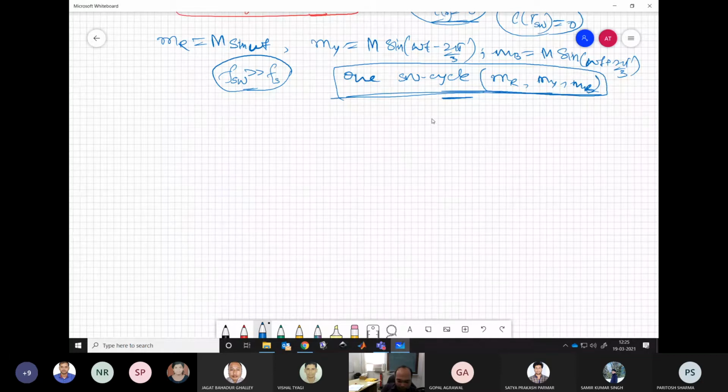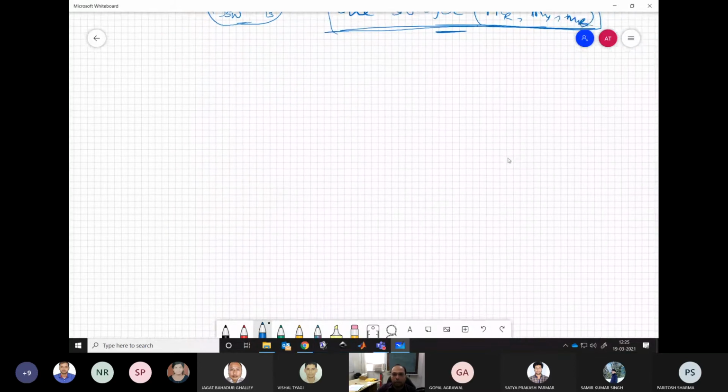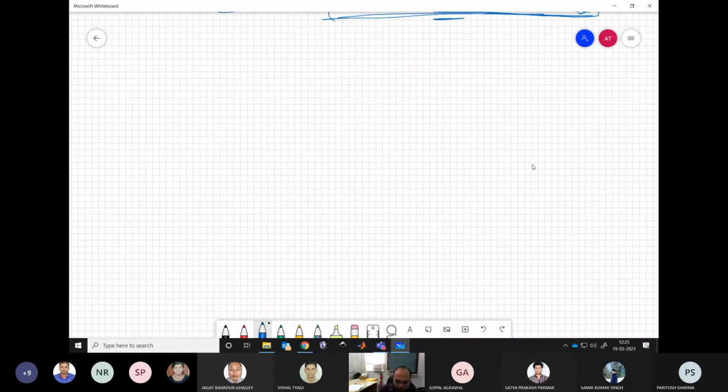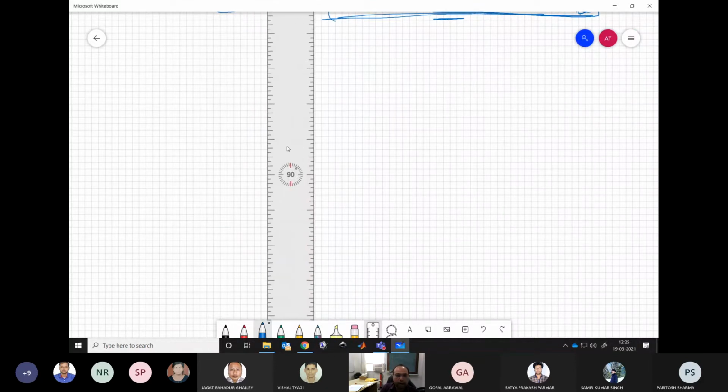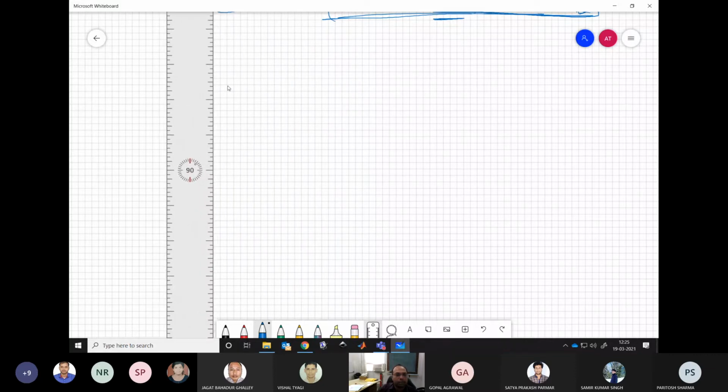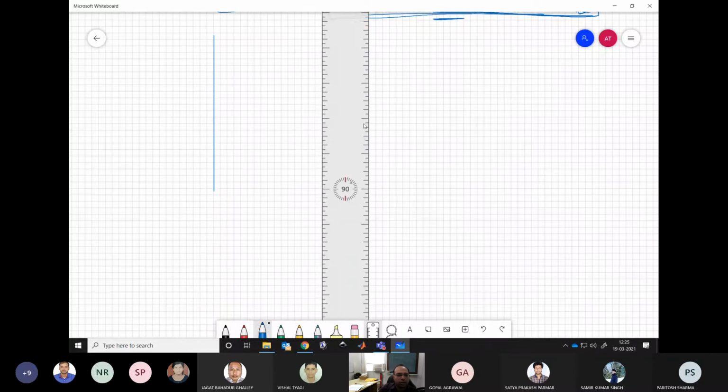So this is the basis of our analysis. We are assuming these voltages to be constant for one switching time period. And that is how we are realizing also. So that is justified. Now let's say if I have to quickly draw the switching cycle, I'm using a scale so that it's a little bit better to read and analyze.